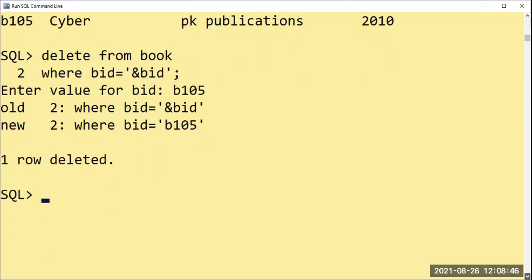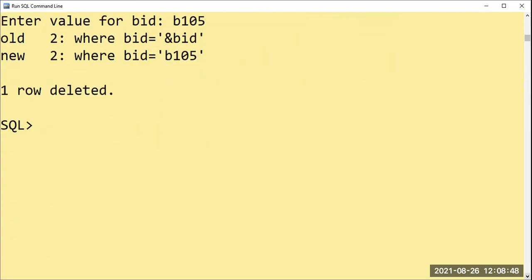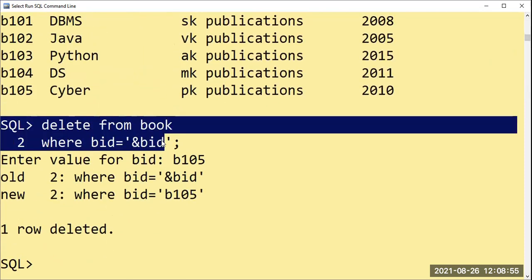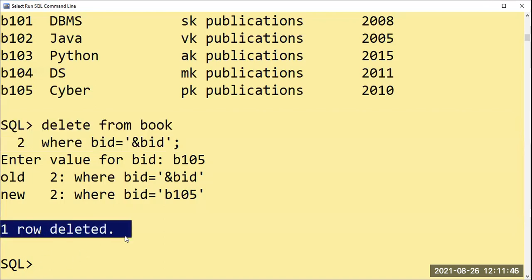One row deleted here. Note down this, then I will display others also. So the delete from book where BID equal to ampersand BID, we have deleted B105, which is cyber security, and the output said that one row has been deleted from the master table.